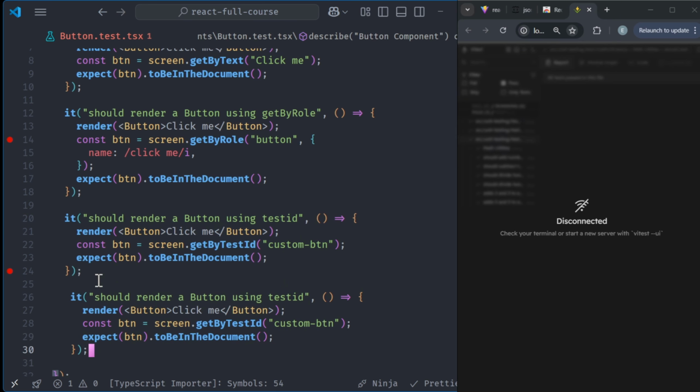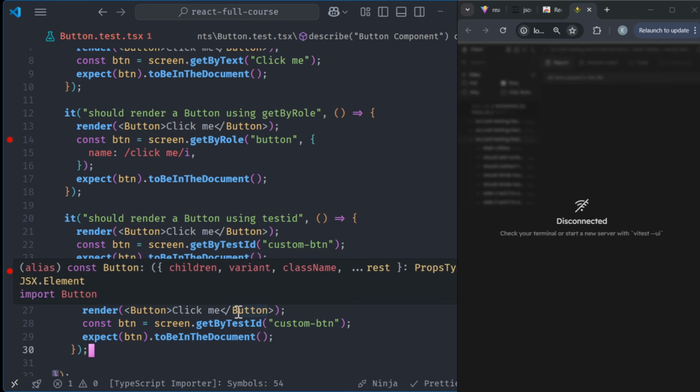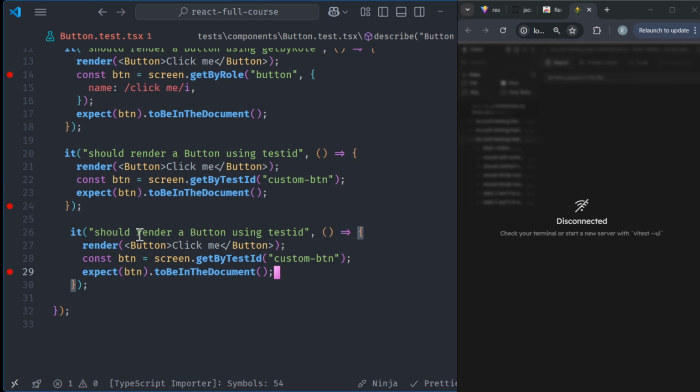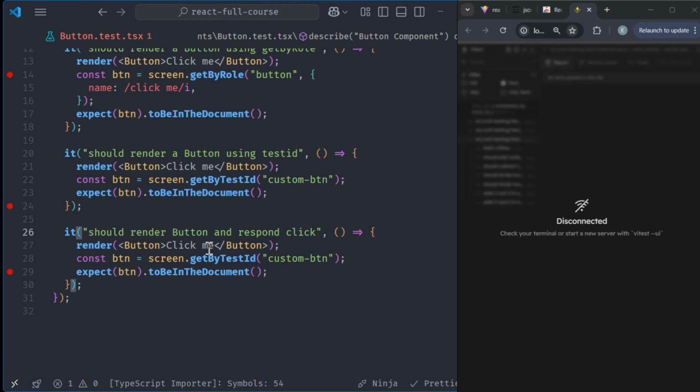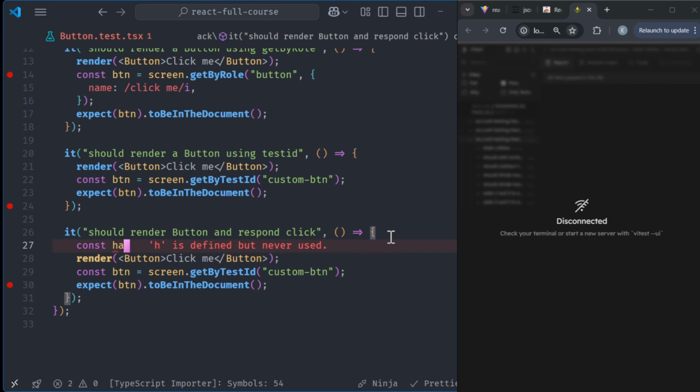and I'm going to paste it here. Now I'm going to change the description to show render button and respond to click. And so we can just say button now. So let's define a function here. I'll say a method here. I'll say handleClick